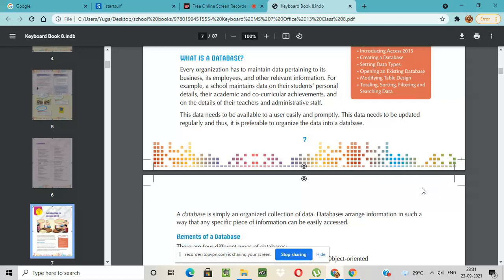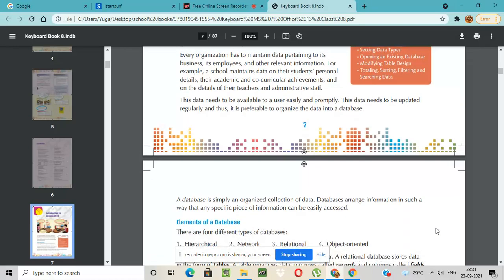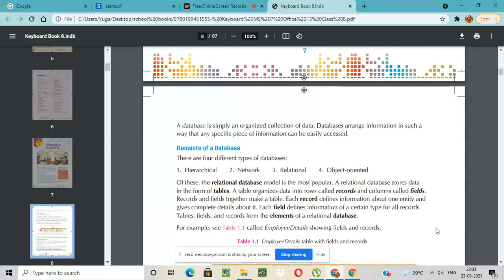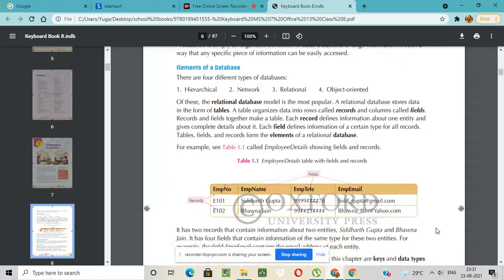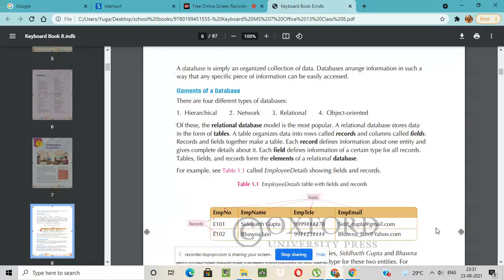So for this, a database is where you store your information in the form of a table. A database is simply an organized collection of data. Databases arrange information in such a way that any specific piece of information can be easily accessed.